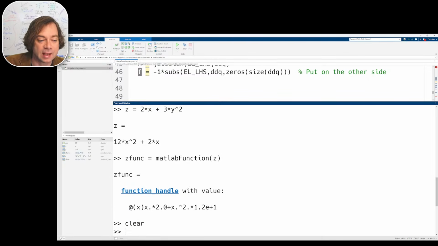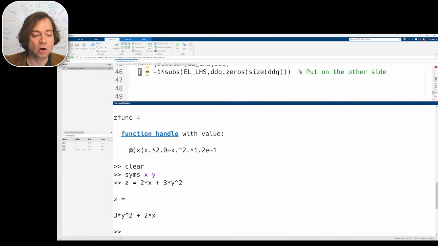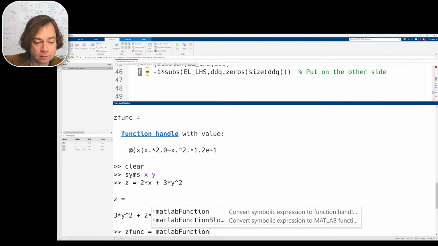I'm going to clear everything again. syms x and y. I'm going to refresh everything to x and y, and I'm going to say that z is equal to 2 times x plus 3 times y squared. Just an arbitrary function I made for z, right? Now if I were to say zfunc is equal to matlabFunction z,